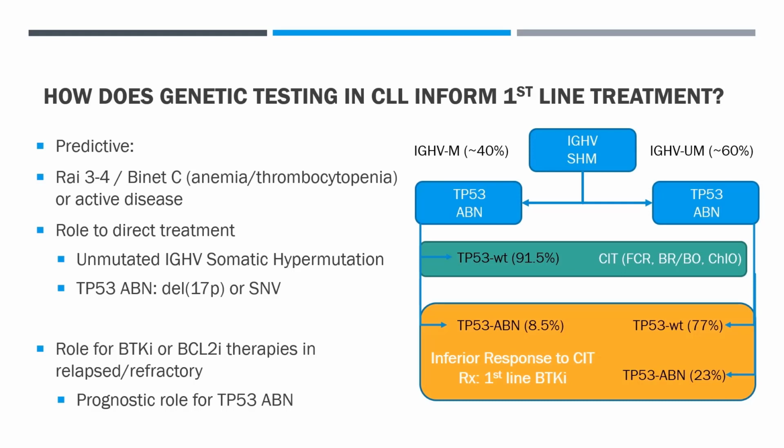The proportion of patients with TP53 abnormalities, del17p or TP53 somatic mutations, increases with advancing clinical stages. TP53 abnormalities are expected in approximately 8.5% of treatment-naive IGHV mutated patients, but at a nearly threefold higher rate in treatment-naive individuals with unmutated IGHV. As such, genetic testing prior to first line of therapy can differentiate the roughly 37% of Rai 3/4 Binet C